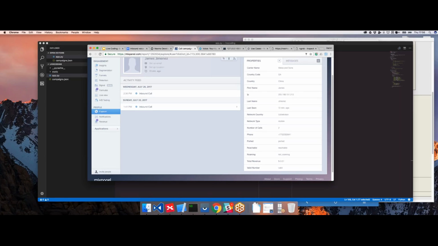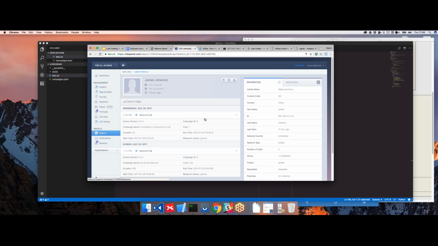And we can see all the events. So we're only tracking inbound calls in this instance, but you can still see here, we can see the campaign name that they called from. We can see the cost of that call. We can see the duration in seconds, when that call was, etc. And we can do that for any event. If we look at any of the users in here,